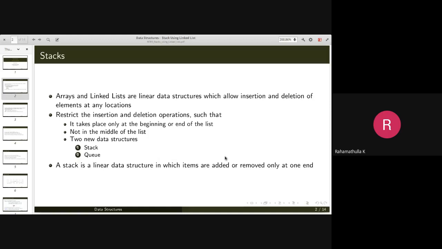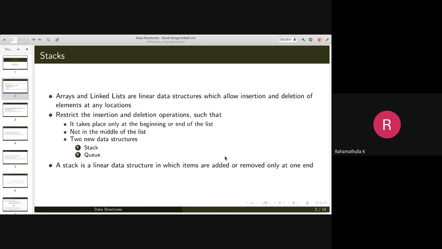So in an array or a linked list, if you are restricting your insertion and deletion operation in such a way that it can happen only at the beginning or the end of the list, and you are not allowing it to happen in the middle of the list, then you will get two new data structures, basically a stack and a queue.